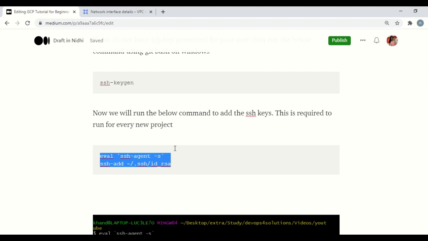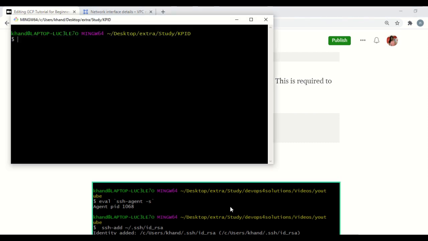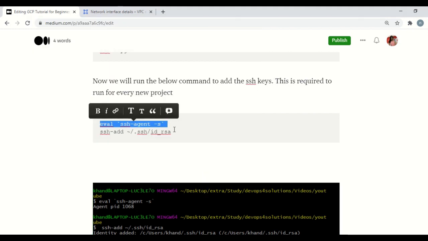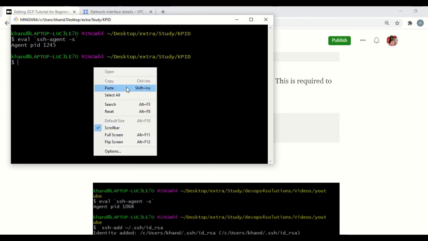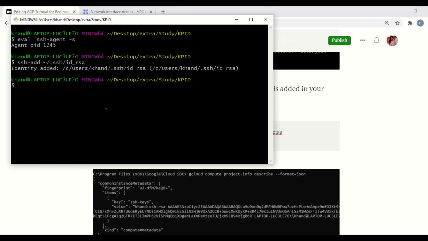To fix that public key issue, I need to run this command again. My assumption is that we need to run this command for every new project in GCP. So let me just run it one more time. You just paste it here. Okay, yes. Now I will log into my instance.